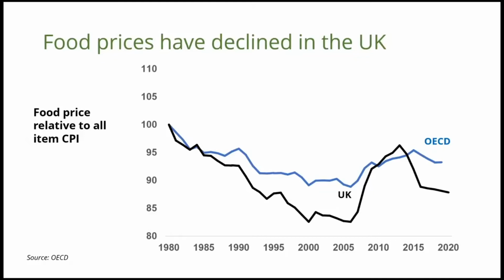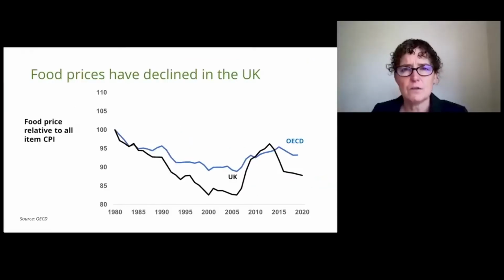But they rose dramatically in the 2000s, due largely to the depreciation of sterling, and of course are rising again now due to Brexit. I show this picture to provide context that policies that substantially increase food prices may have adverse welfare consequences, particularly for poorer households, and this is something we should keep in mind when designing policy.